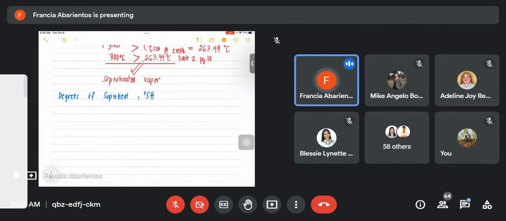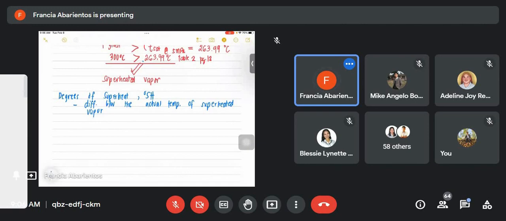And we have also the degree of subcool. But, dito muna tayo sa degree of superheat. So, this is the difference between the actual temperature of superheated vapor